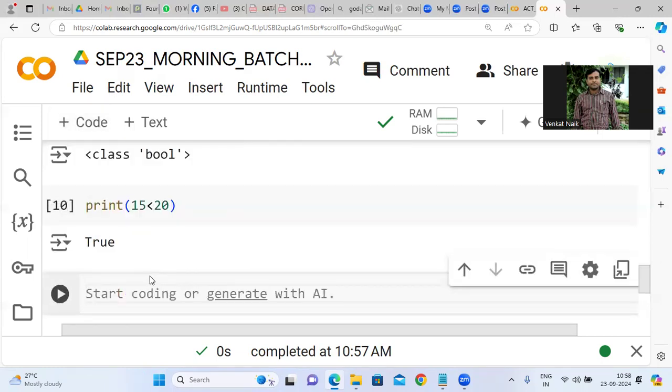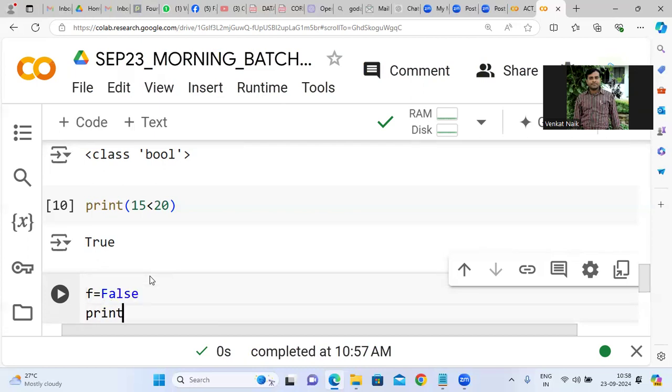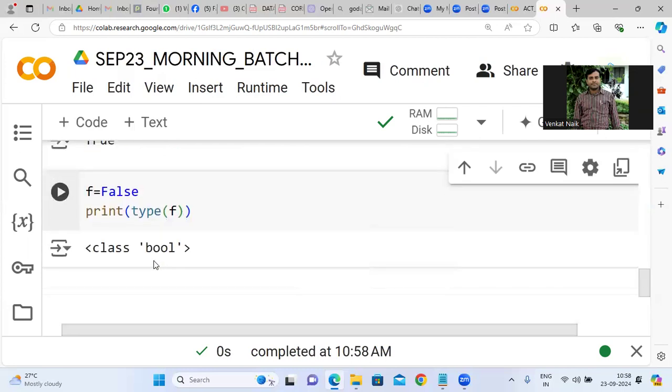Now similarly, False also. Let's say f is equal to False. Print type of f. Boolean. Clear? And similarly,